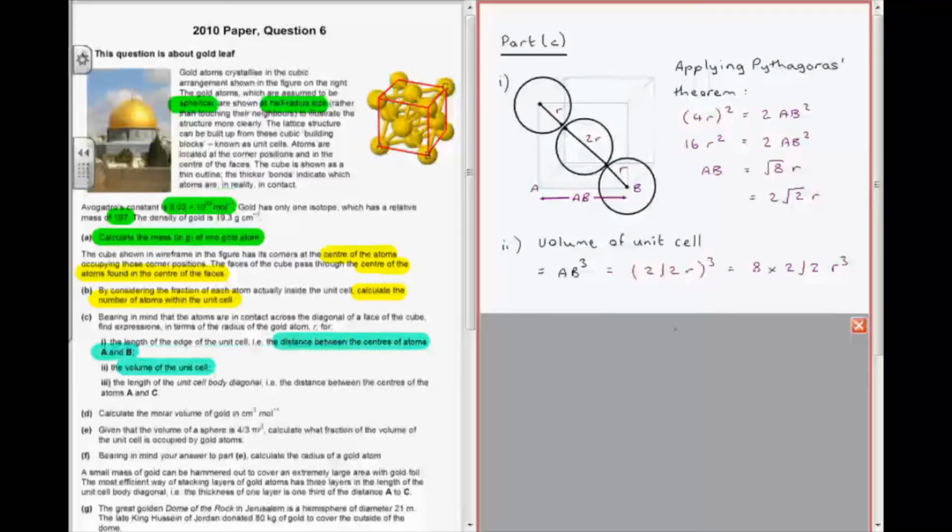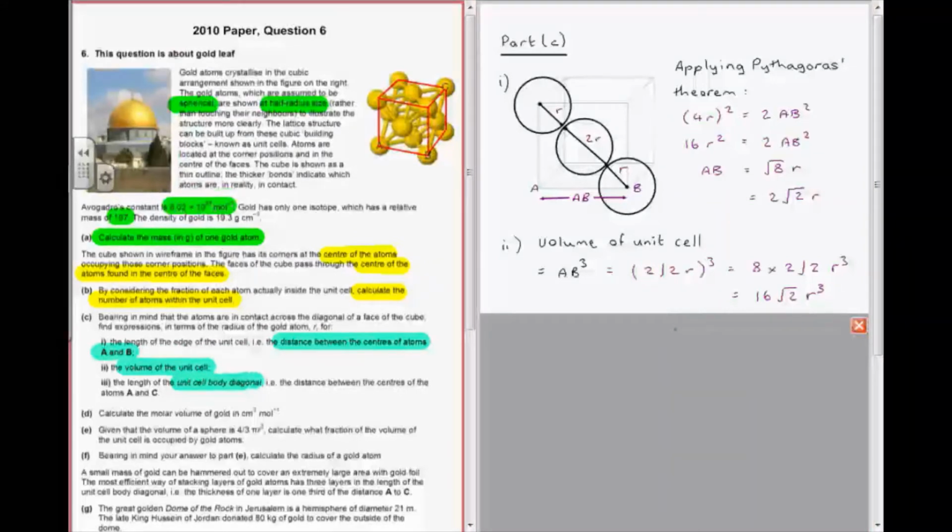And so our final answer for the volume of the unit cell is that the volume of the unit cell is equal to 16 root 2 r cubed. Finally, in part 3 of the question, you are asked to give the length of the unit cell body diagonal, which is the distance between the centres of the atoms A and C. In this case, we need to look at what distances we already know and then use trigonometry to calculate that